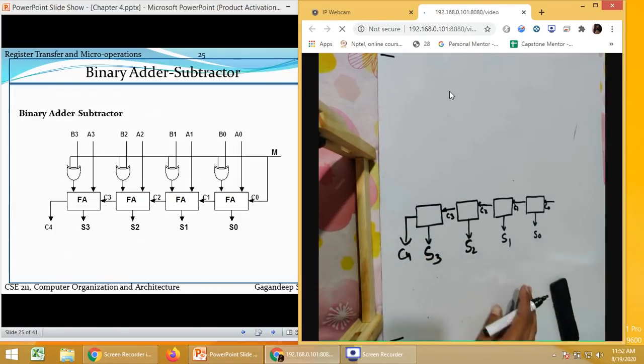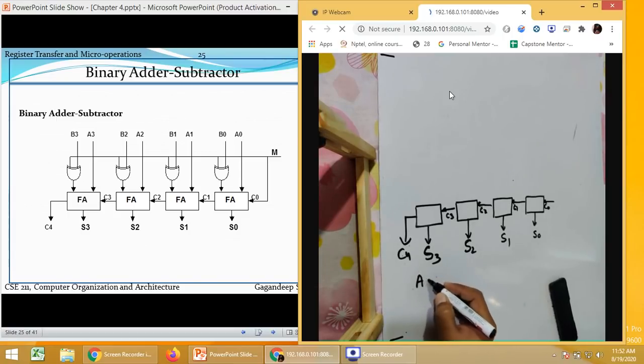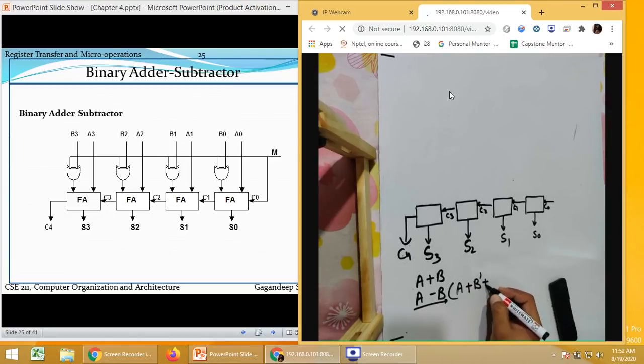Now, whenever we perform any type of function, whether we are performing add or subtract, in the case of add, we directly have A plus B. Whereas if we want to perform A minus B, instead of performing A minus B, what we do is A plus B bar plus 1. So from here you can see A remains as A only, but B is changed to B bar plus 1.